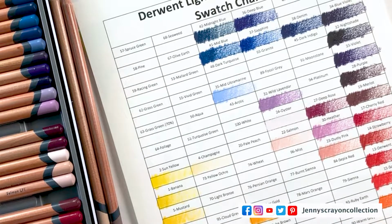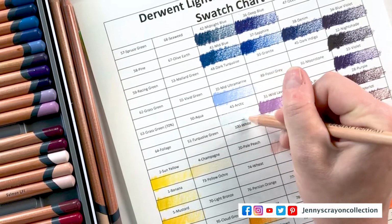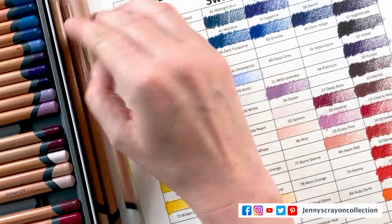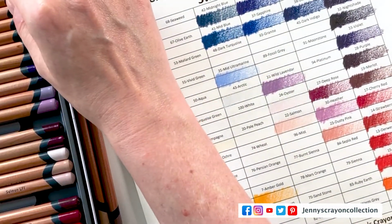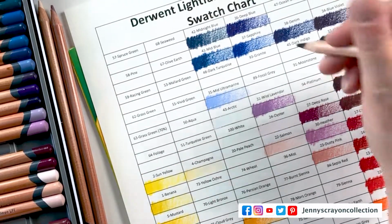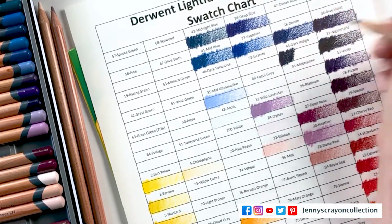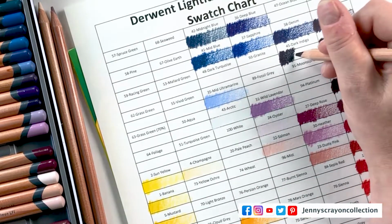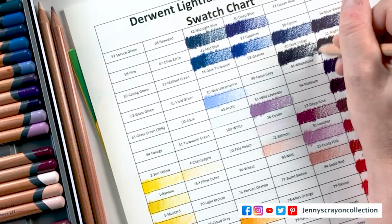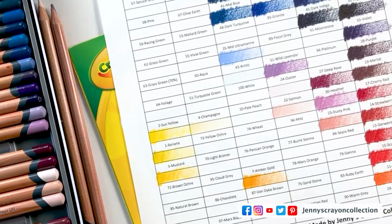We have Arctic. Oh, this one's super light, but this one would be good for blending if you want it to have slightly a bluish hue. And I will test these also on black paper. Do a black paper test. Dark indigo. Because some of these lighter ones might show up. Oh gosh, that one probably could be moved too. That almost looks black. And I did put black down here